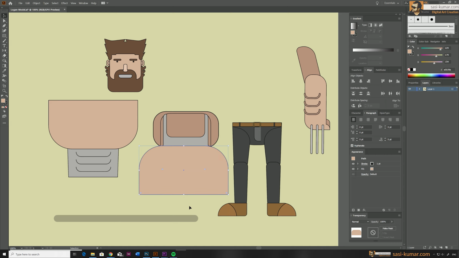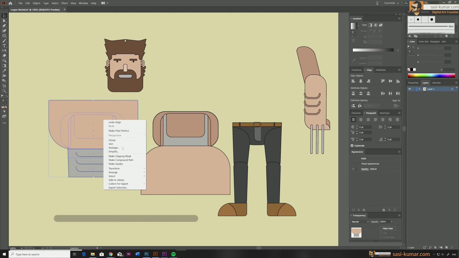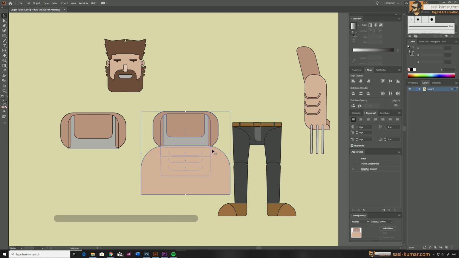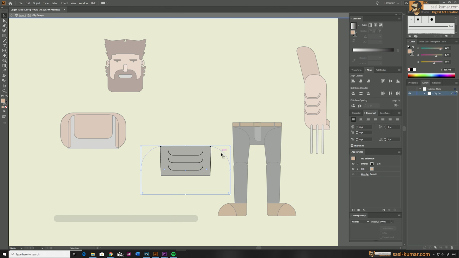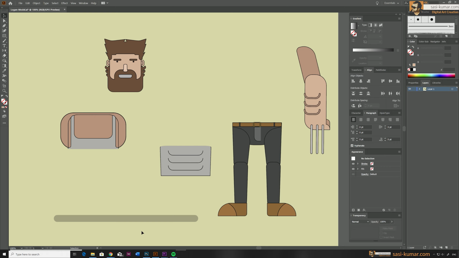So let's copy this one here and select this object and reflect horizontally, and bring this one below a little bit higher than this position on the other side, and select both of these objects and center them. Now select and make a clipping mask. This one also, select and make a clipping mask. You can adjust the size of this clipping mask shape and bring it smaller like this, so we will not have any issues in After Effects. And this one also. Alright, okay guys, so all our body parts are ready.